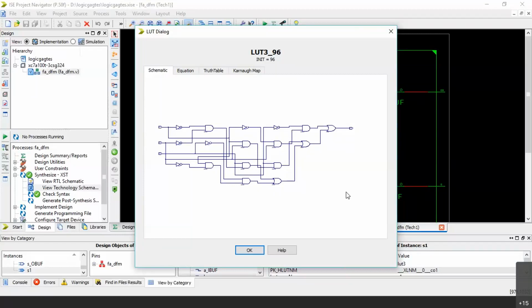Multiplication is repeated addition. Wherever we have adders, we have XOR gates. And XOR gate, even though we write it using a simple symbol, internally it has much larger circuitry. Simply we may write A XOR B is equal to AB bar plus A bar B, but it is going to contain more gates. Now you can see the schematic of a 3 input XOR gate, which is having these many gates as such.